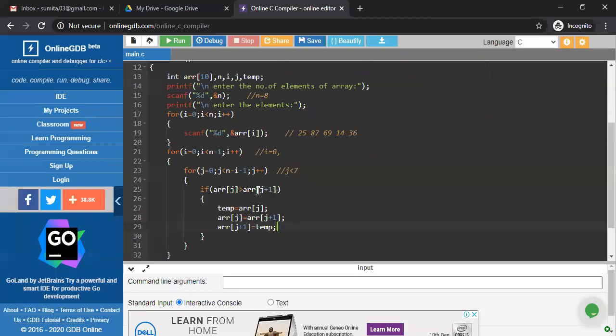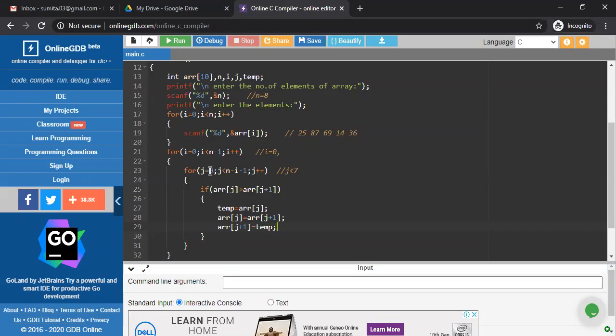Now the compiler compares the values to check which one is greater and which one is larger, nothing else. According to that example, at ARR 0th position there is 25, am I right? And at ARR 1 position there is 87. So ARR 0 position, 25, and ARR 0 plus 1, how is this 0 and 0 plus 1?